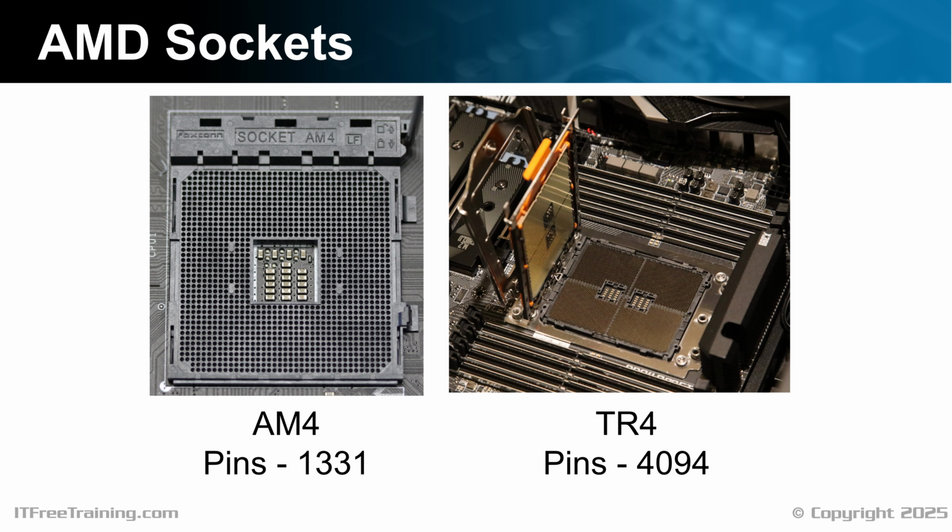There's also an AM5 socket on the market, however, since it's similar to the Intel CPU I just looked at, I won't look at it now. The AM4 socket uses a different type of socket than the current Intel ones. The TR4 uses a socket that is similar to that of the Intel socket we just looked at. Let's have a closer look.